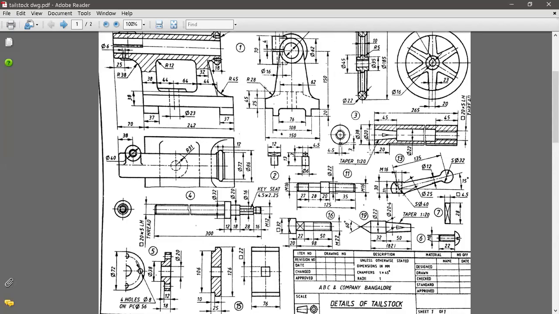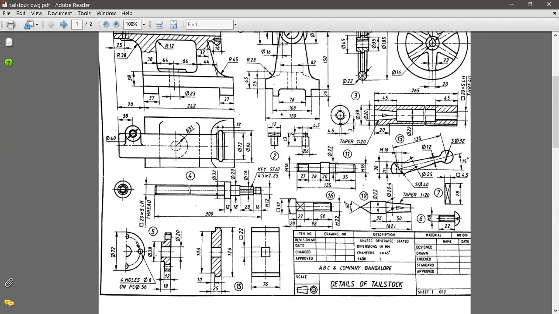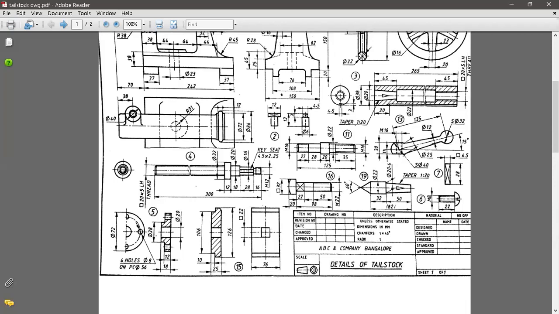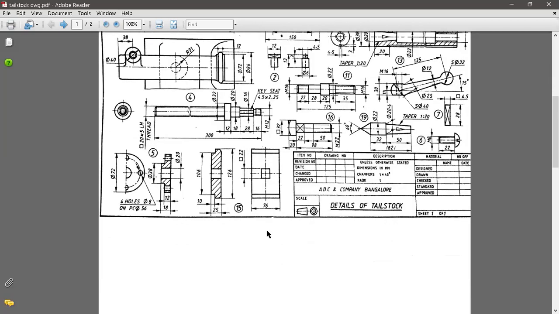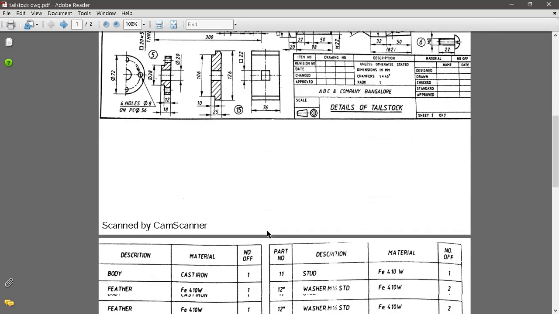Then for the remaining components, you observe how many views are given in the parts geometry and which view is not given. By that you can understand the views. For example, this is component number 15. The orientation is given in a different way if you observe the assembled one. That means you rotate this by 90 degrees. Then this becomes the front view and this becomes the top view. So where is part number 15 in the assembly? Just observe.